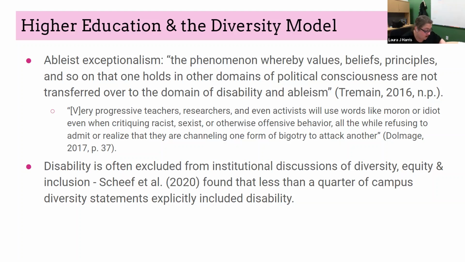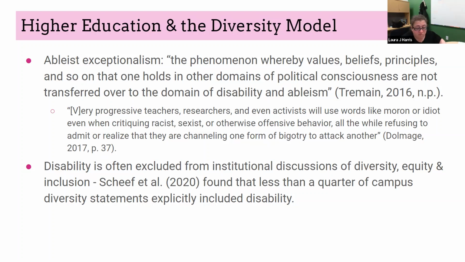and we should probably not be using them in common conversation. Another interesting thing is that disability is often excluded from institutional discussions of DEI. There was a study in 2020 that found that less than 25% of campus diversity statements actually discuss disability. And this is unfortunately very similar in other industries as well. In the reference list, there is a group called Return on Disability, and they looked at a bunch of different sectors and found, again, a very similar statistic. I think it was about 20% or 25%